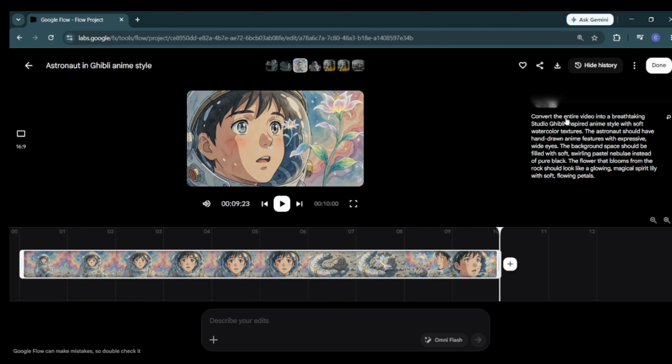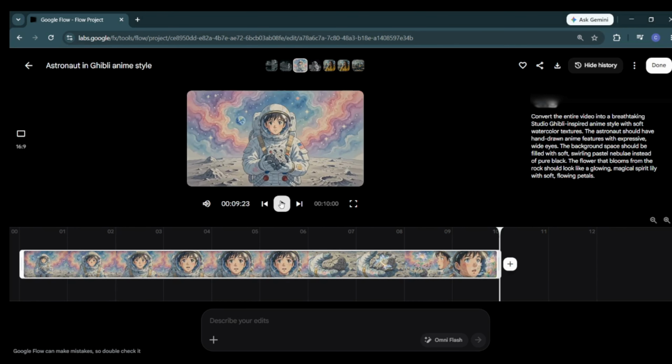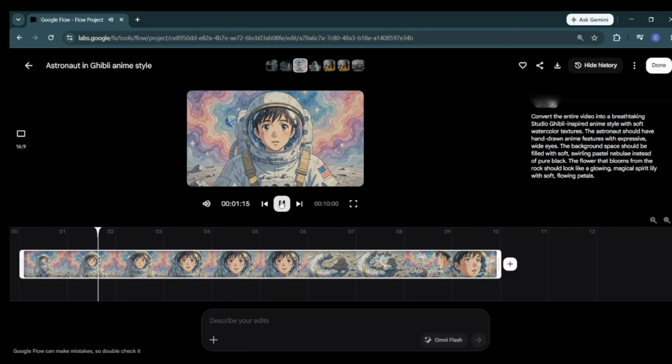What if this entire space scene looked like it came straight from a Studio Ghibli movie? Every frame transforms into a hand-painted world with soft watercolor textures and tiny